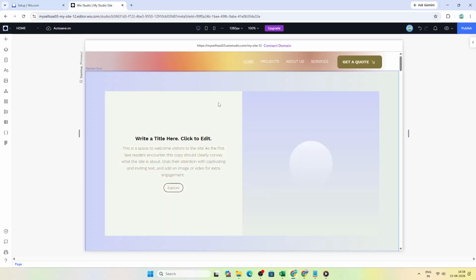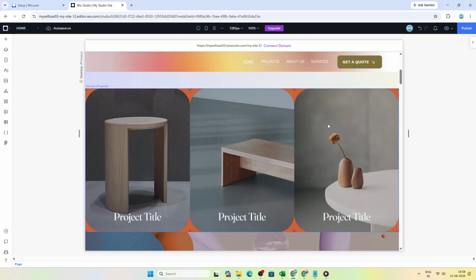Before you turn anything into a global section, make sure the section is fully built and customized exactly the way you want it on your canvas. This is important because a global section is meant to be reused, so it's best to finalize the layout, design, spacing, and content first. Taking a moment here can save you time later, especially if you plan to use the same section across multiple